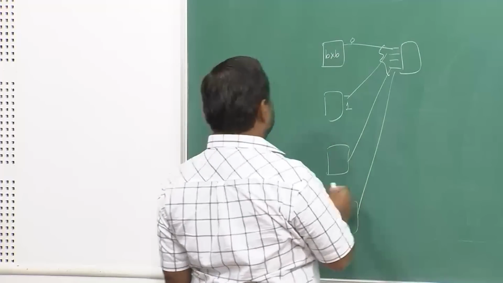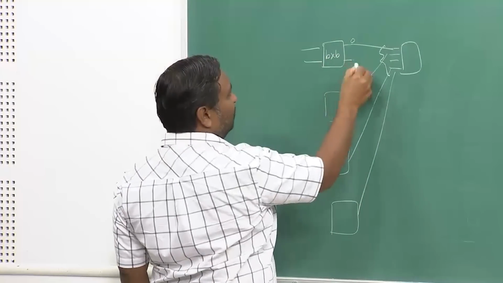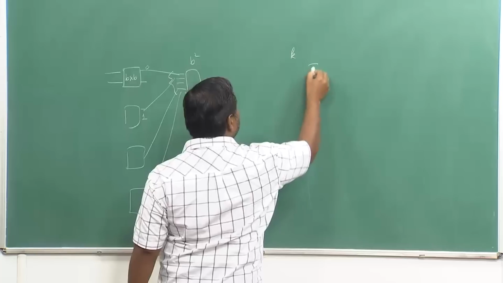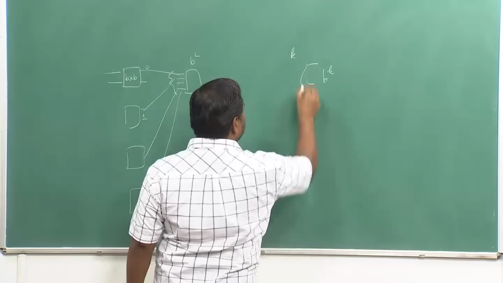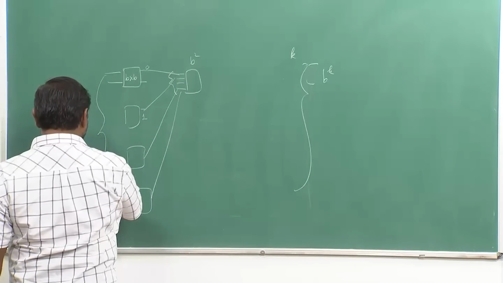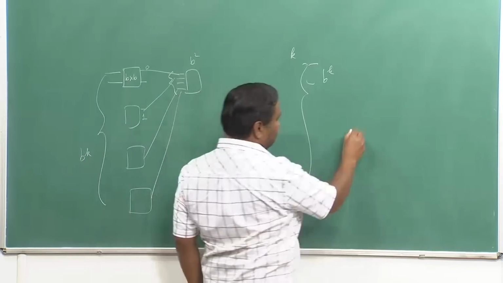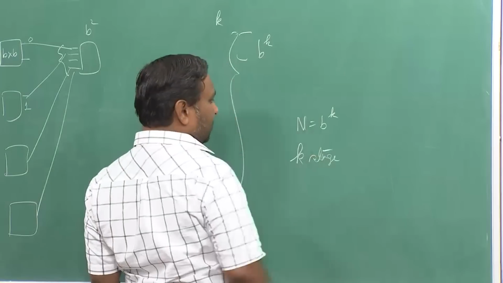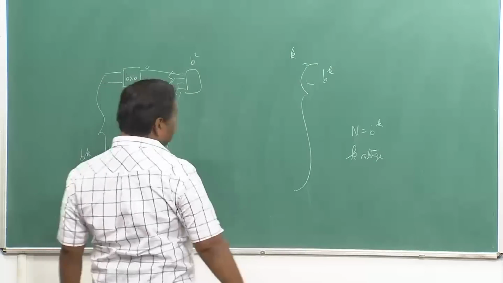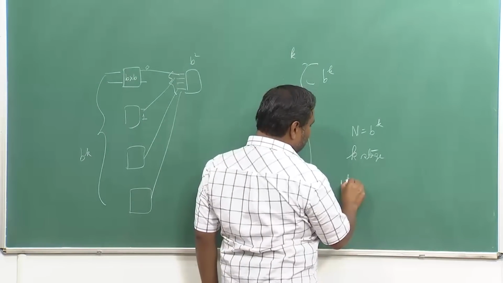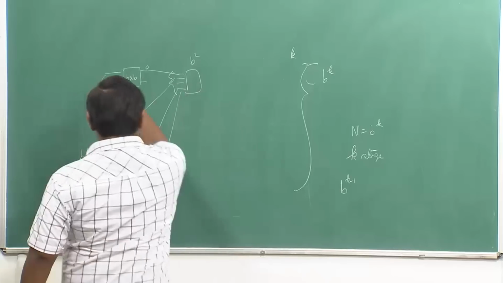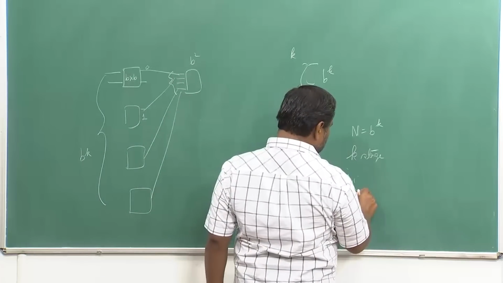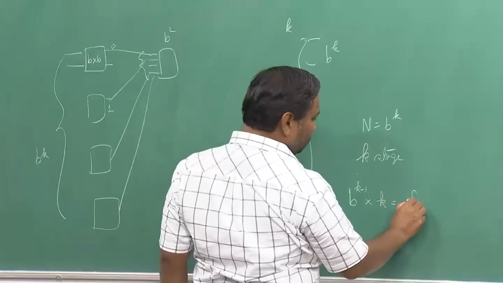in that case you will require B outputs, and this will become B square next time, and it will be able to reach in the kth stage, the outputs will be B raised power k. Okay. And if this is also B raised power k, so for a switch which is n raised power B raised power k, there will be k stages. Okay. Each stage will require B raised power k minus 1, basically n by b, those many number of switches. So B raised power k minus 1 into k. So these will be total number of switches which will be required